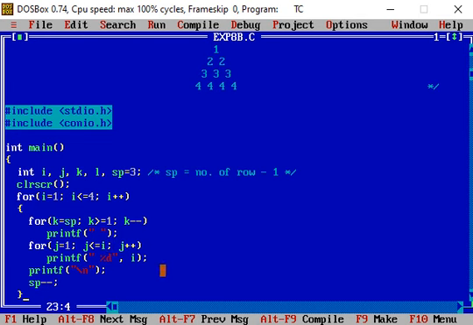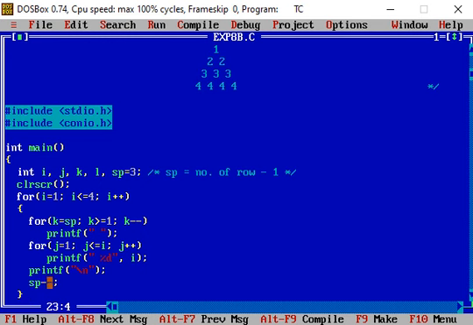So control comes out of this for loop. And then the next statement, printf \n, brings the cursor, which is at the right side of the second 2 in the second row, to the beginning of the next row, that is the third row.